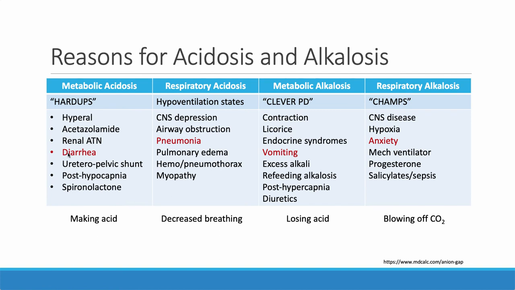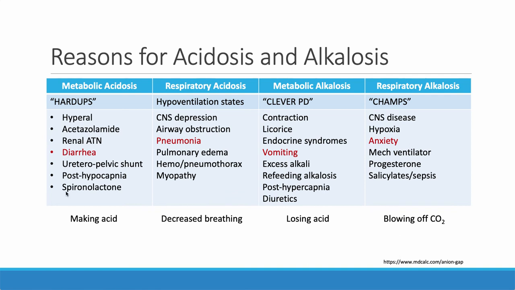Diarrhea is the most common cause in the outpatient kind of world. But there are some medicines that can do it too, like acetazolamide, spironolactone, one of our anti-aldosterone drugs. So all of these should just sort of make sense to you that we're making extra acid for some reason in these conditions. And if you want to memorize them, you can memorize them by memorizing HARDUPS,